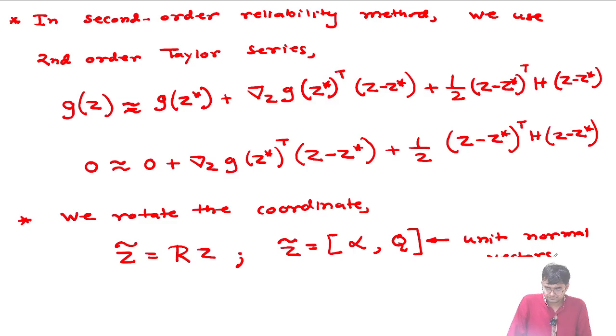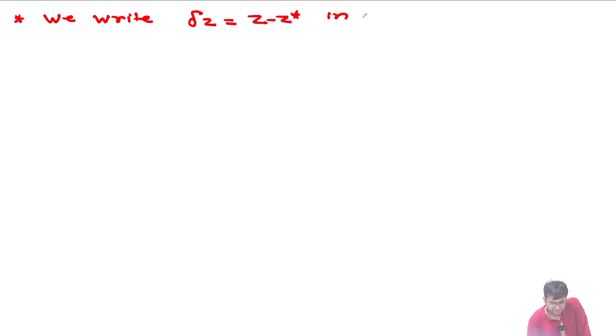Okay, these are my unit normal vectors. And then I have this quantity Z minus Z star, which is delta Z basically, and I want to write it in the new coordinate, in the transformed coordinate. So we write delta Z is equal to Z minus Z star in the transformed coordinate,